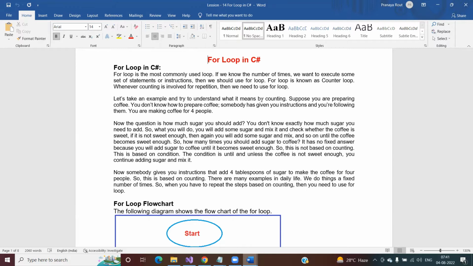If you know that my loop is going to execute 10 times, or 20 times, that means if you know the number of times the loop is going to be executed, then you can use a for loop. And the for loop is a counter loop, because you know the number of times the loop is going to be executed. Let us take an example and try to understand what we mean by counter,